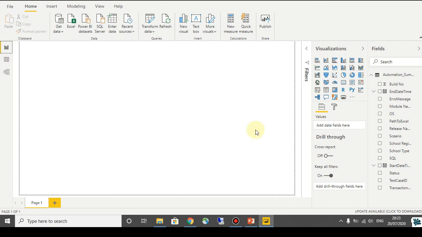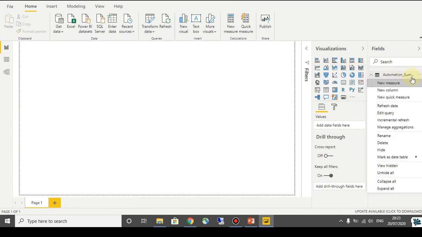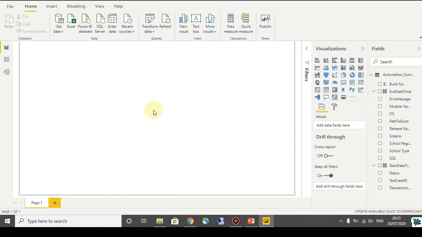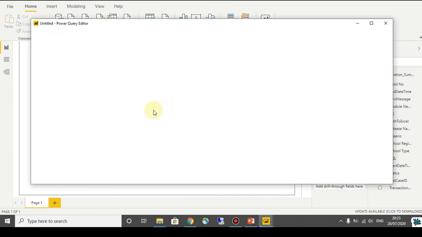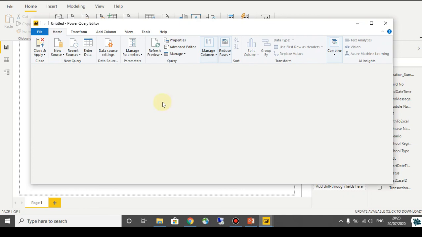If you want to check the data in the Power BI tool, just right click on this and click on Edit Query. After this, we can see the actual data from the file.